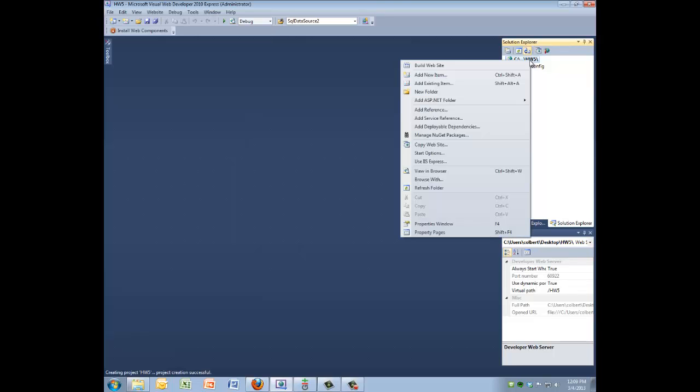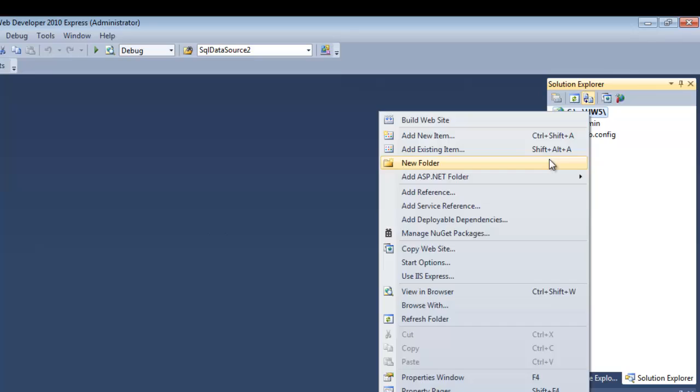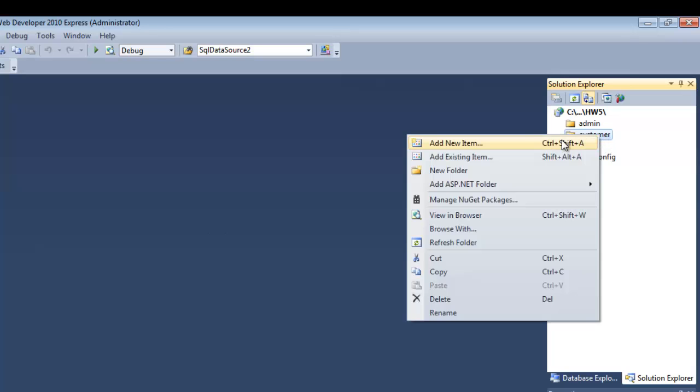So the easiest way to start with the role-based security is to figure out what roles you're going to need. And I'm going to need an admin role, so I've created a new folder called admin. And I'm going to have a sales role, so I'll create one called sales. And I'm going to create one called customer. So if you're a customer,